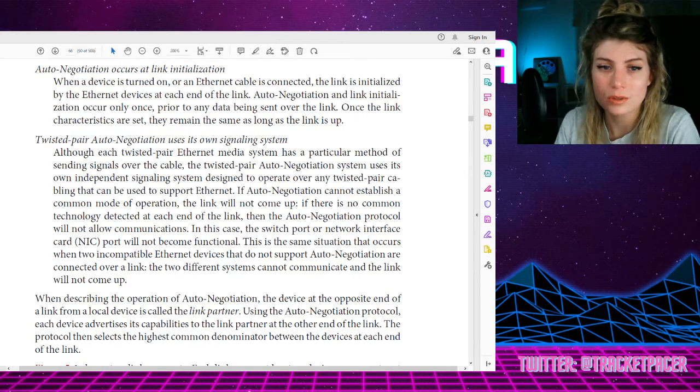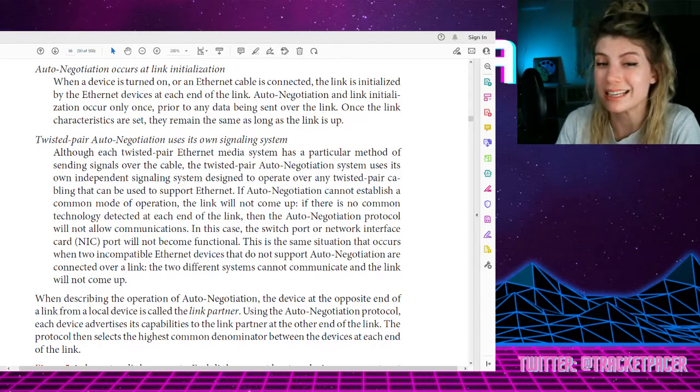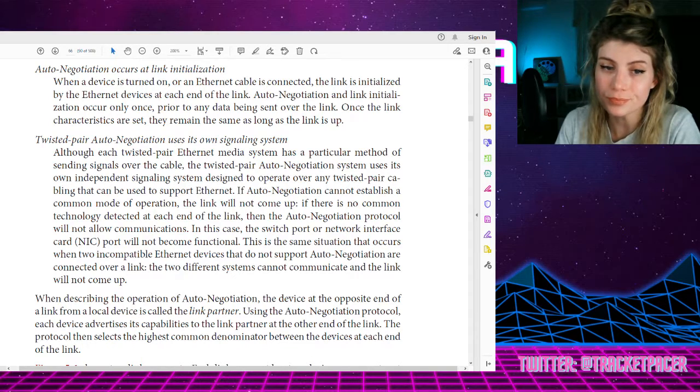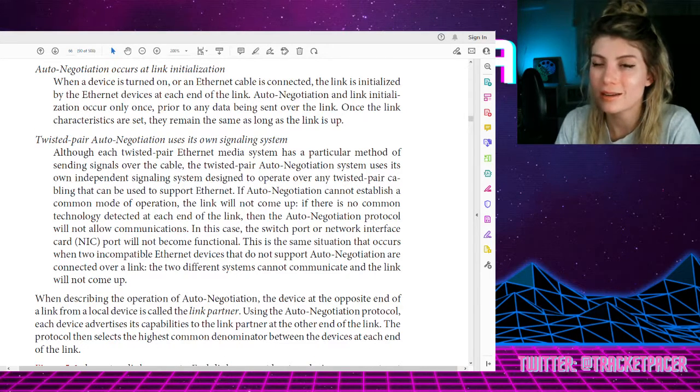Although each twisted pair Ethernet media system has a particular method of sending signals over the cable, the twisted pair auto negotiation system uses its own independent signaling system designed to operate over any twisted pair cabling that can be used to support Ethernet. If auto negotiation cannot establish a common mode of operation, the link won't come up. If there's no common technology detected at each end of the link, then the auto negotiation protocol will not allow communications. In this case, the switch port or network interface card,